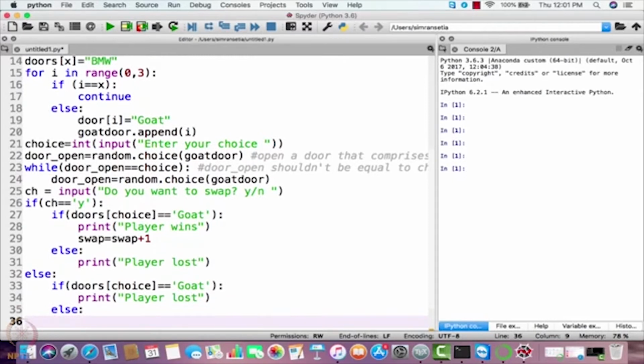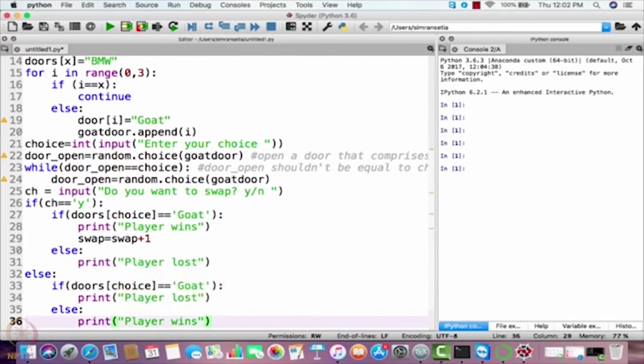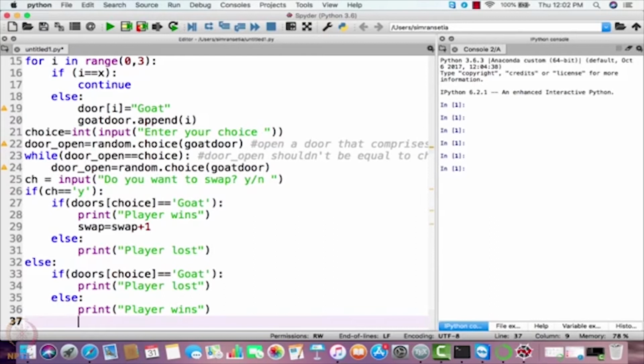Else, if he didn't choose goat in the first place, then he will win because he has chosen BMW in his initial choice. You just write print player wins. Okay, and now he has won because he hasn't swapped, so you have to increment the don't swap variable here. So just increment don't swap is equal to don't swap plus 1.